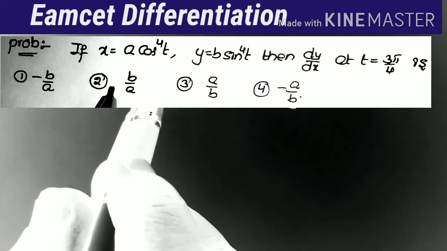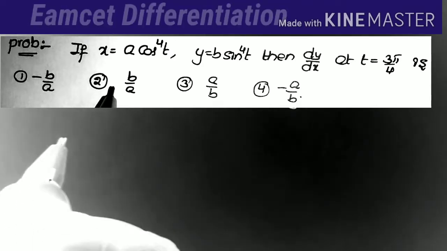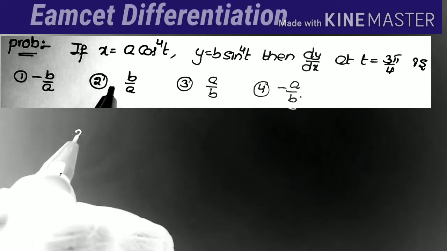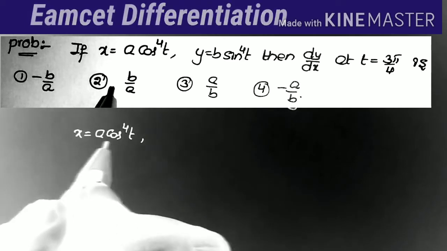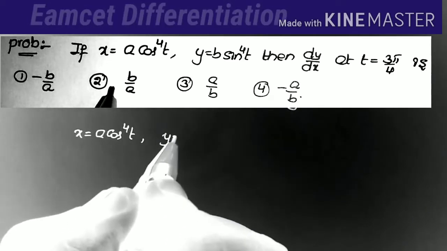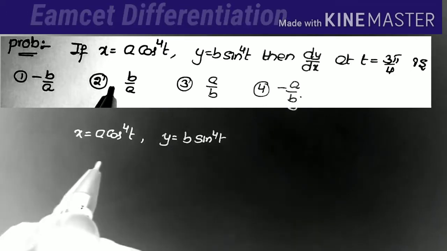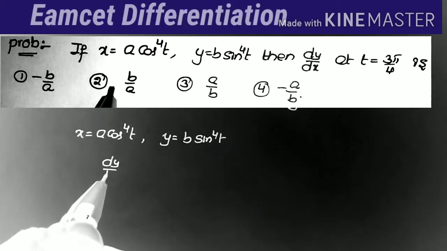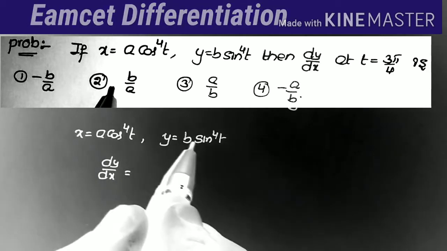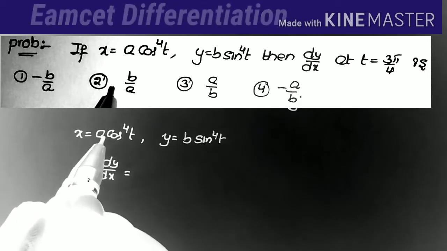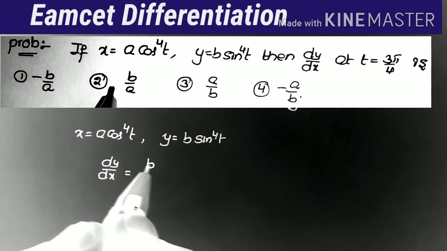If x is equal to a cos⁴t, y is equal to b sin⁴t, then what is dy by dx? So given here x is equal to a cos⁴t, y is equal to b sin⁴t. Now we want the value of dy by dx. So dy by dx is equal to derivative of this function by derivative of this function, that is b into